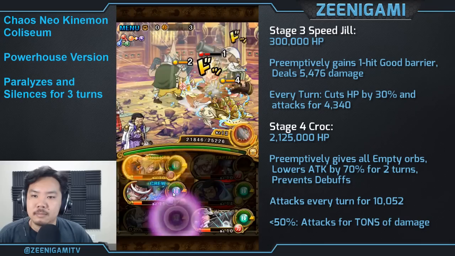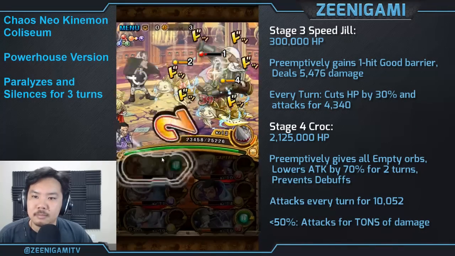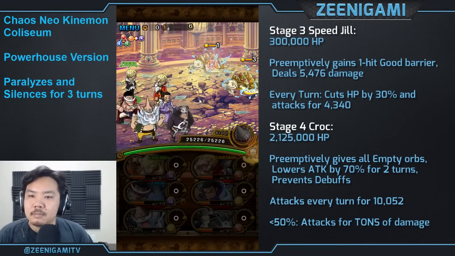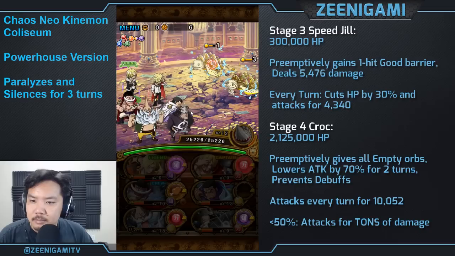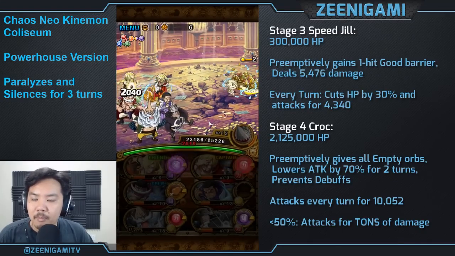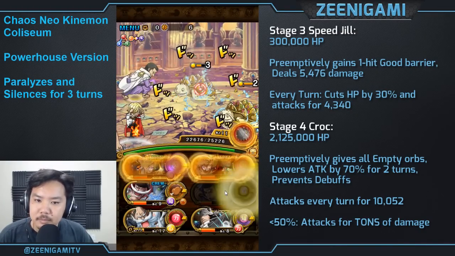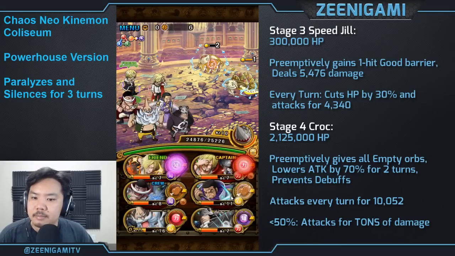We're really going to be looking for the Whitebeard, your Adventure Mode Whitebeard special. Adventure Mode Whitebeard is going to be very, very useful for both the Powerhouse and the Striker versions of Kinemon Coliseum. Because for stage 3 with Speed Jill, we're going to be using Adventure Mode Whitebeard, who will kill all the fighting units around Speed Jill. And then we can attack and hit one good, which will make us lose the attack boost of our Sanji